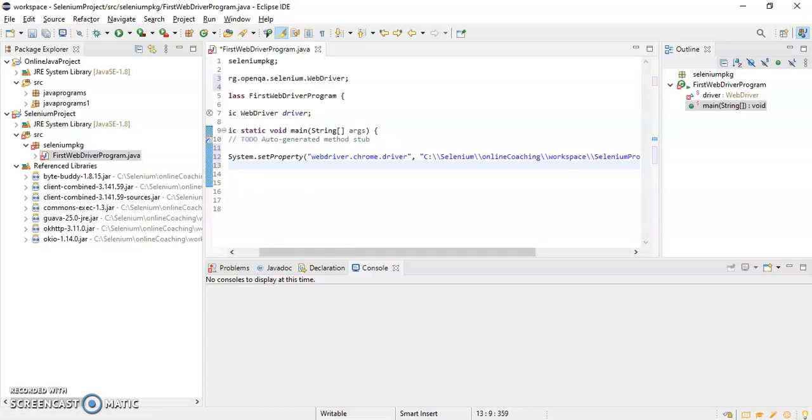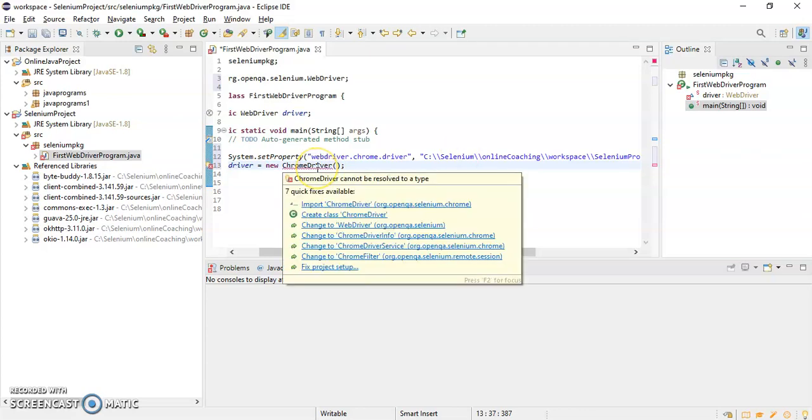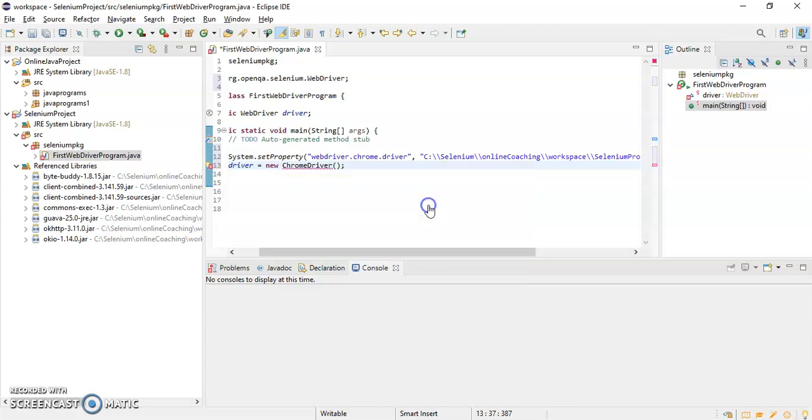Semicolon. Then we need to write driver is equal to new ChromeDriver. ChromeDriver is a class, so we need to import that, which is again coming from the org.openqa.selenium.chrome package.